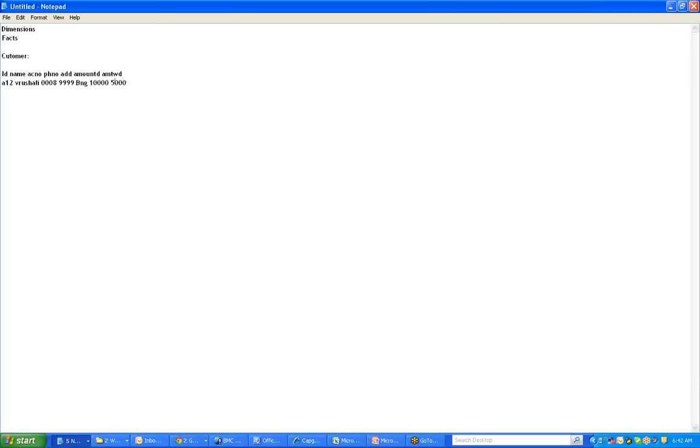Okay, in your data warehouse, ID is your primary key in your database. Okay, but in data warehouse we don't take the ID, the primary key of your database, as a primary key. We create a separate primary key called a surrogate key.